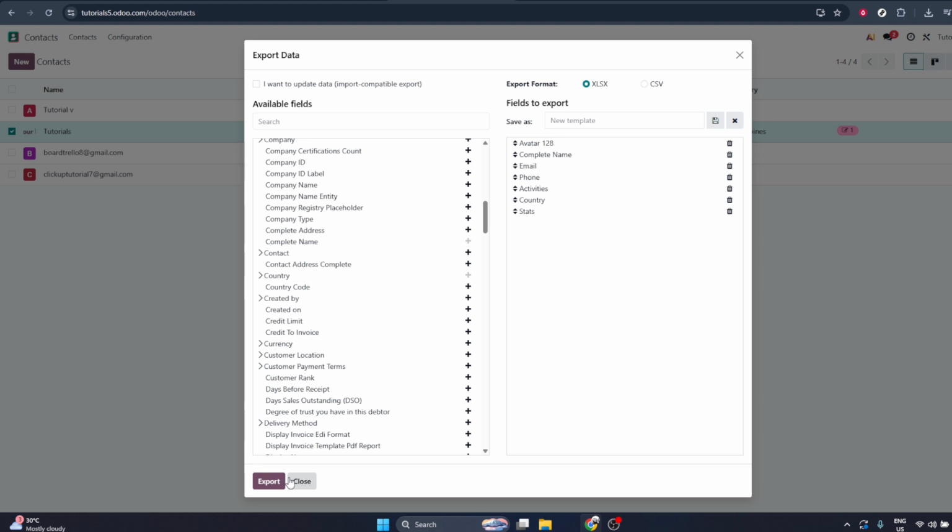At this point, look for a visual indication or highlight in your browser's download area, usually at the bottom or top of the screen depending on your browser. That highlight shows that your exported contact file has finished downloading and is ready to open, save, or share as needed. And that's all you need